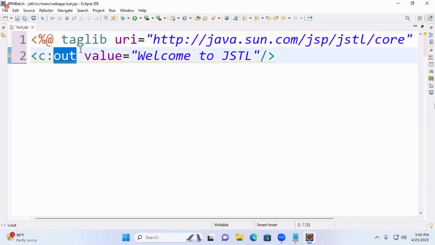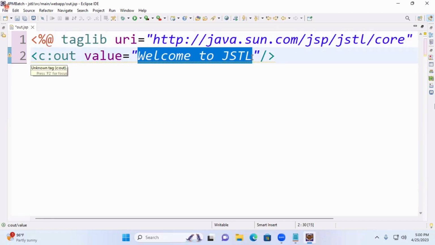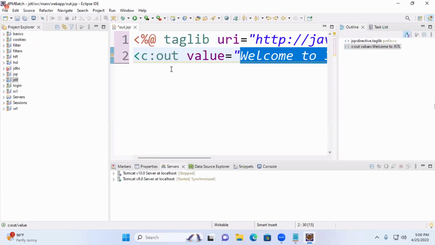That class contains one property, name value, nothing but one instance variable. Through the setter method, it is passed. Through the getter method, the output comes to the browser. See, this is JSTL. If you run this program,